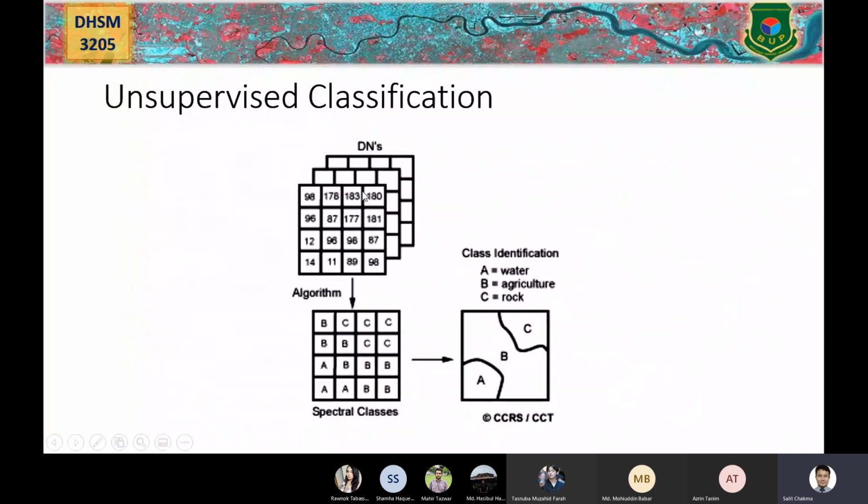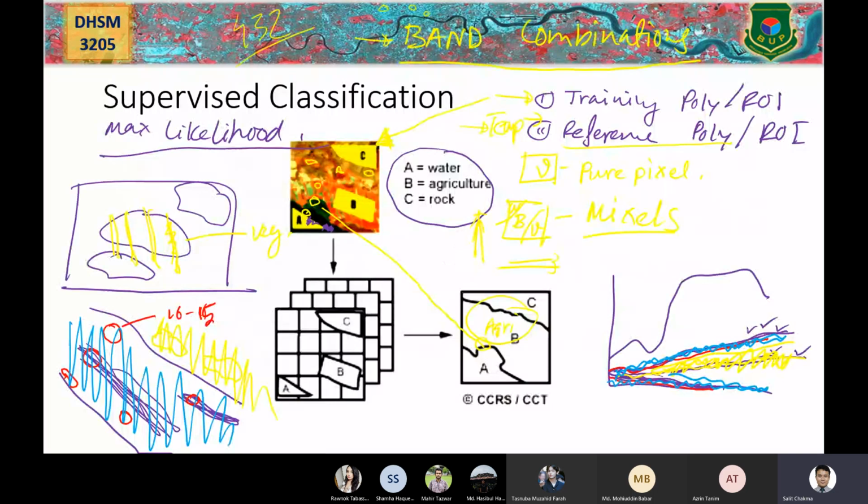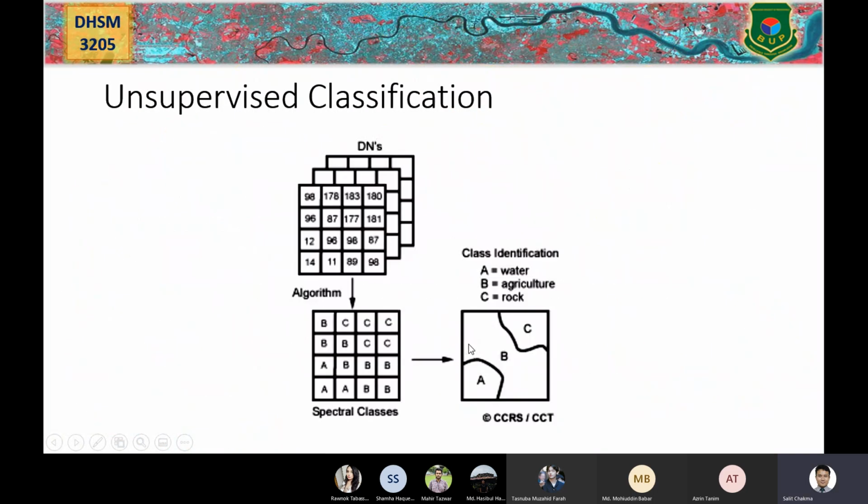Okay, এখানে এক্সাম্পল দেওয়া আছে, ডিজিটাল নাম্বারের যে ভ্যালু সেগুলোর উপরে বেস করে দেখো, 11, 14, 12 এটা একটা রিজিয়ন তৈরি করে ফেলেছে, রিজিয়ন এ। মাঝখানে 96, 96, 98, 87 যেগুলো ইন বিটুইন সেগুলোকে বি, যেগুলো হায়ার নাম্বার সেগুলোকে সি। ওকে, সো এইভাবে আনসুপারভাইজড ক্লাসিফিকেশন হয়ে থাকে. And the result of supervised classification here and the result of unsupervised classification